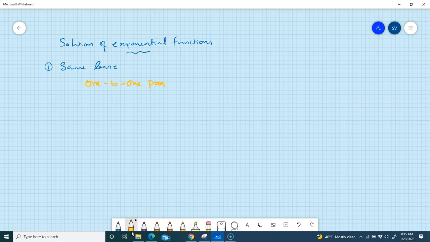This is an important mathematical property we can use in several situations. Specifically in this exponential function scenario, the one-to-one property can be explained as: for any real numbers